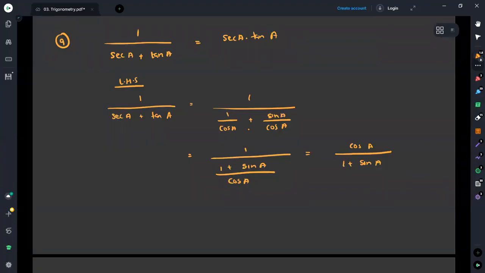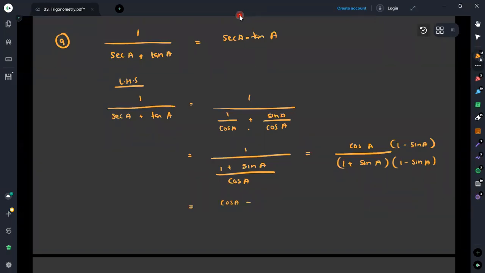Here there is a slight change. This was given as not multiplication. This should be minus, sec A minus tan A. Therefore, what we have obtained here is cosine A divided by 1 plus sine A. Here we cannot find out any alternative method hereafter. But what we can see here is it is sec A minus tan A. Therefore, since we can see the minus there, I will multiply this with 1 minus sine A. I will try to check whether this method works for us. Then we'll get this as cosine A.